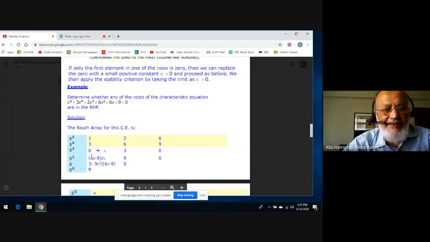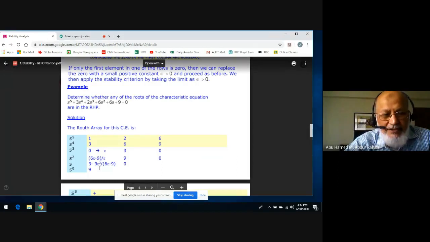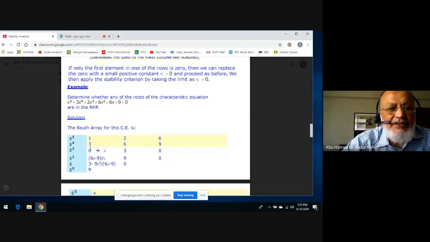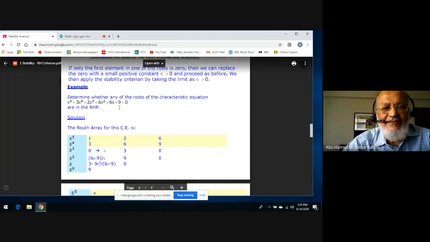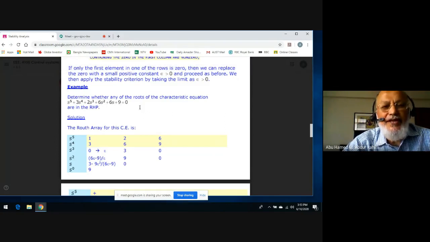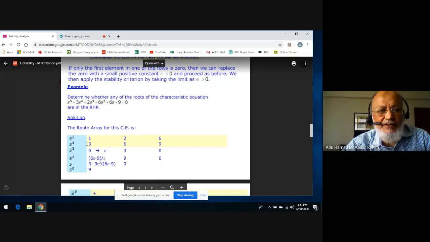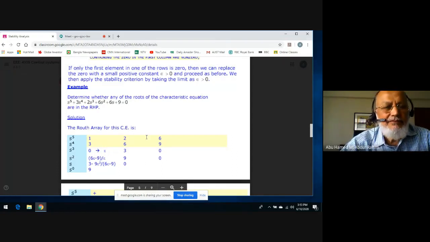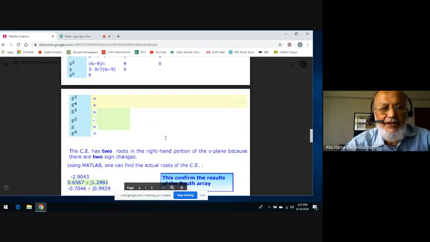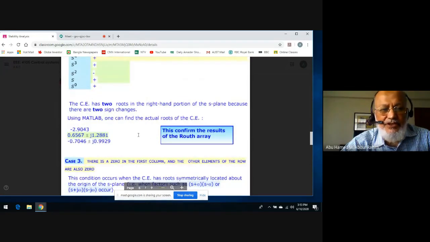This is one procedure, that's fine. If you don't mind doing it, go ahead, do it. But if some of you feel disturbed, then you can do this: go to the characteristic equation, write a new variable, call it x or y, equal to 1/s. Substitute this into the equation in place of s, and apply the Routh-Hurwitz criterion to it and see what happens. I gave you an alternative for this, if anyone wants to do it.